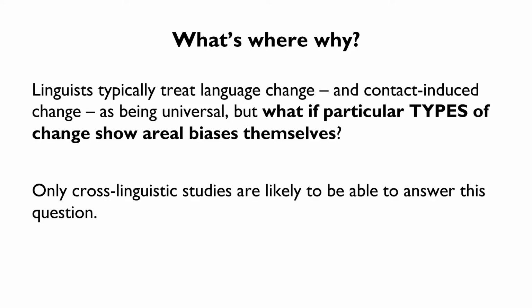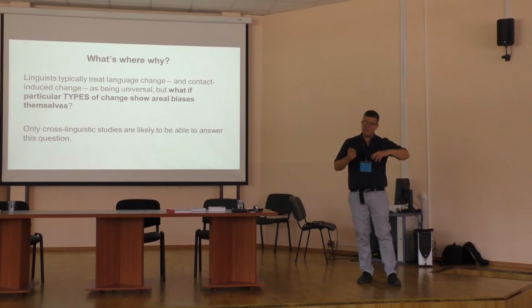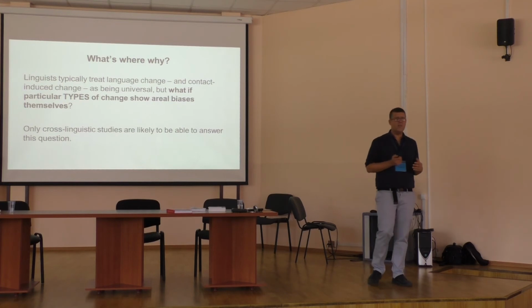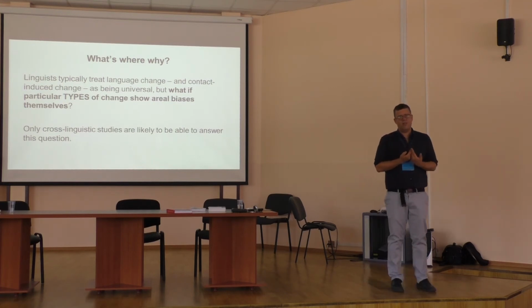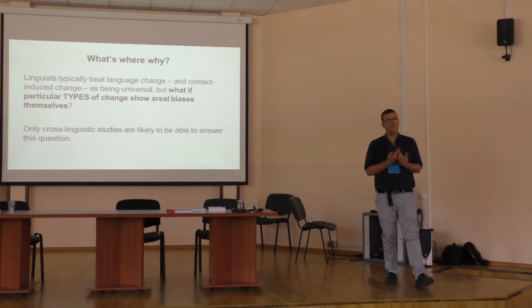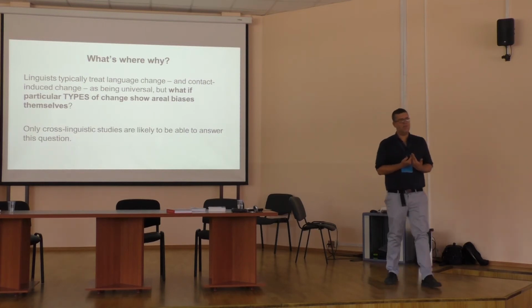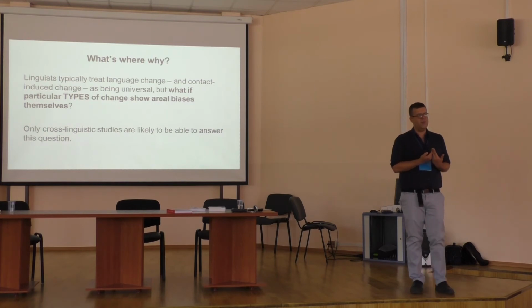Right? I mentioned this issue of what's where, why, and we've been talking about linguistic properties, but an extremely important question that's going to come up, and I think it's going to come up in the context of this summer school in different ways, is what if it's not only that linguistic properties are distributed unevenly in the world's languages, but what if types of change are distributed unevenly in the world's languages? Could it be possible that we find in Eurasia that we like metaphors, but in South America we like metonymy as a motivation for semantic change?